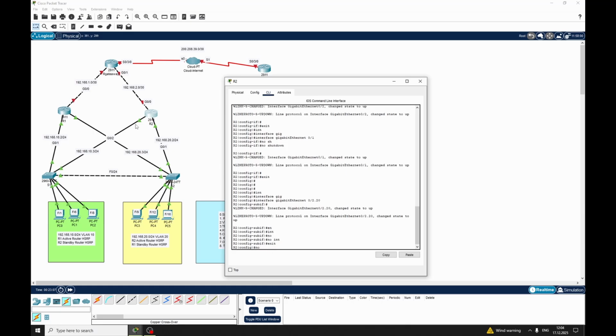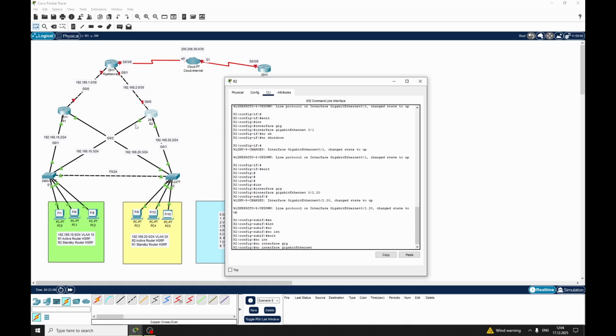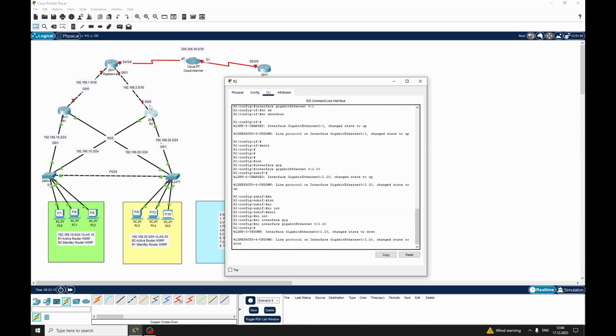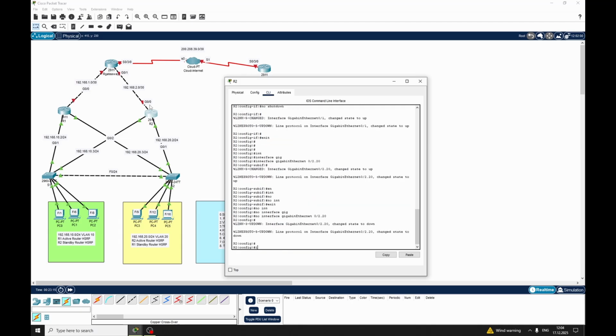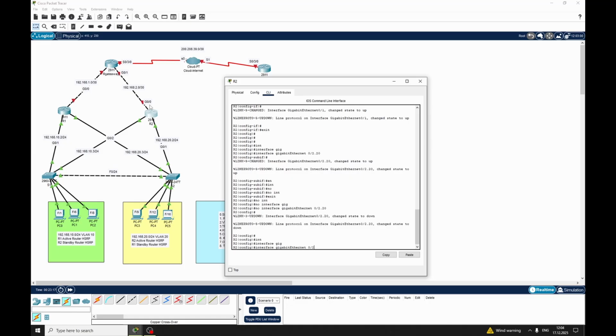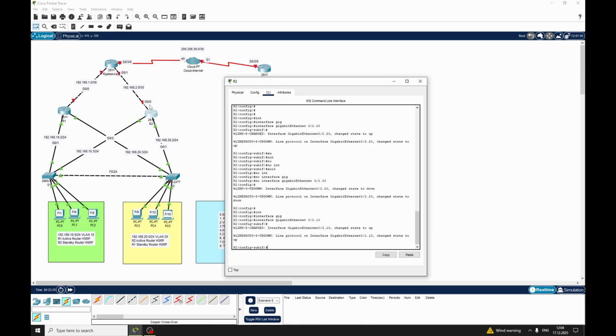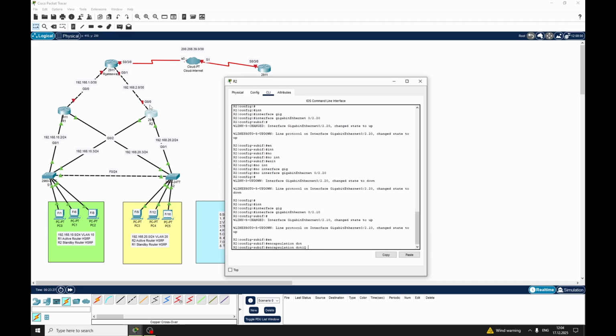Waiting. No interface gigabit 0/2.20. Interface gigabit 0/2.10. Now .10, not 20, because it is VLAN 10. Encapsulation dot1q 10,